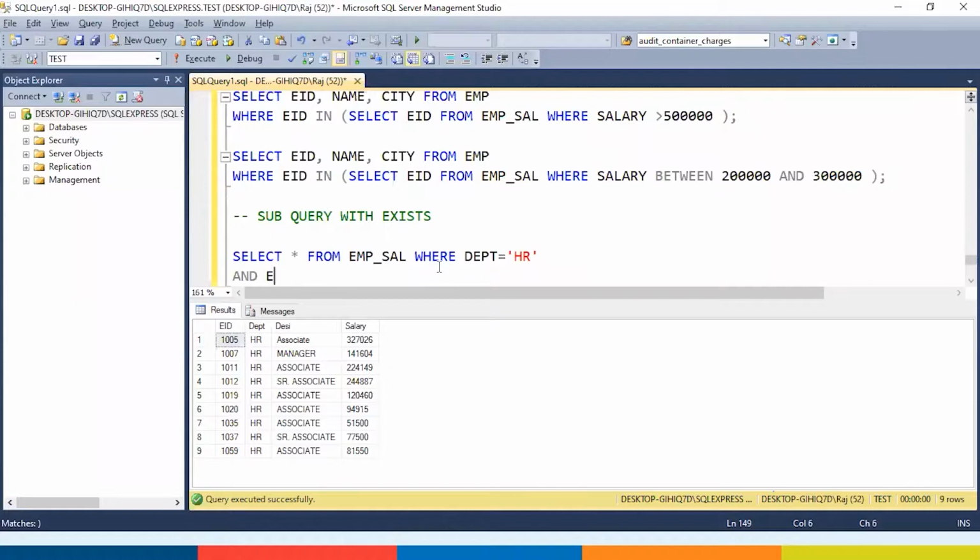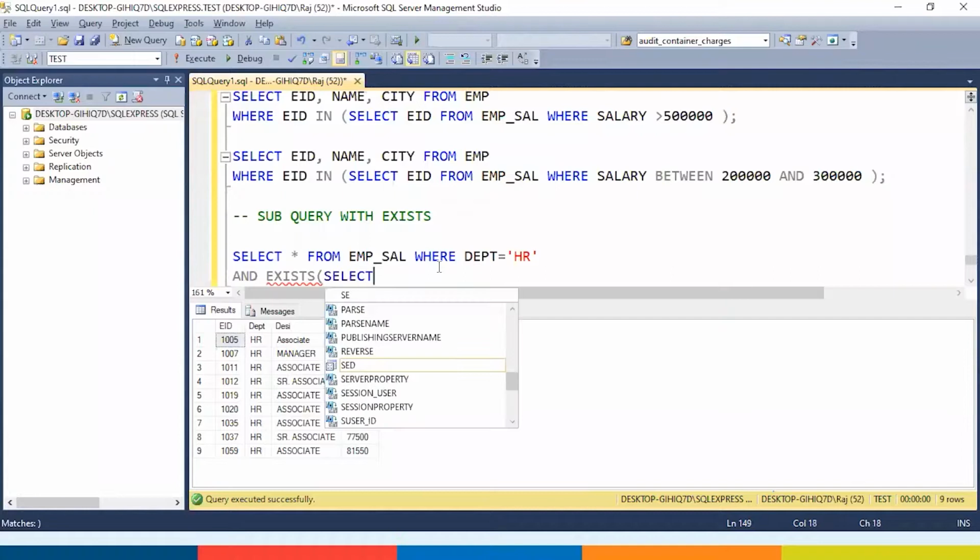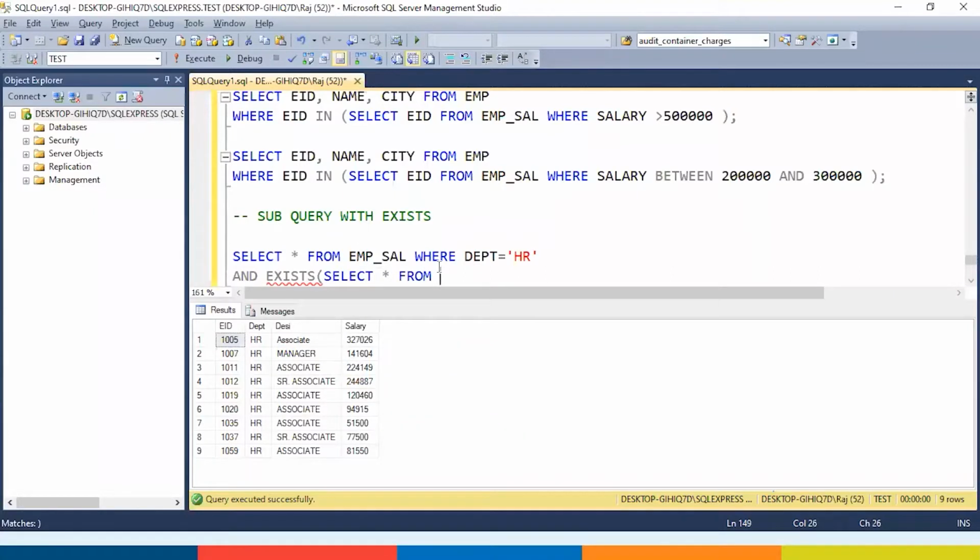Now I say and exists, select star from emp underscore sal where department is equal to HR and salary is greater than 200,000.